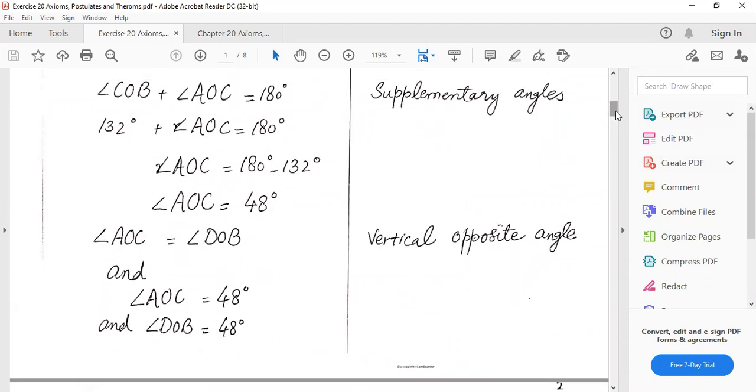And for finding the third angle, we subtract from 180, and after that we get the answer. The number is 48, and we will put the same statement for the third and fourth angle, because we see the vertically opposite angle. The main thing we have to do in question number 1 is to find the vertically opposite angles. Why vertically opposite angles? Because intersecting lines create vertical angles, and vertically opposite angles help us find the unknown angles easily. Okay, do you understand this? I hope.